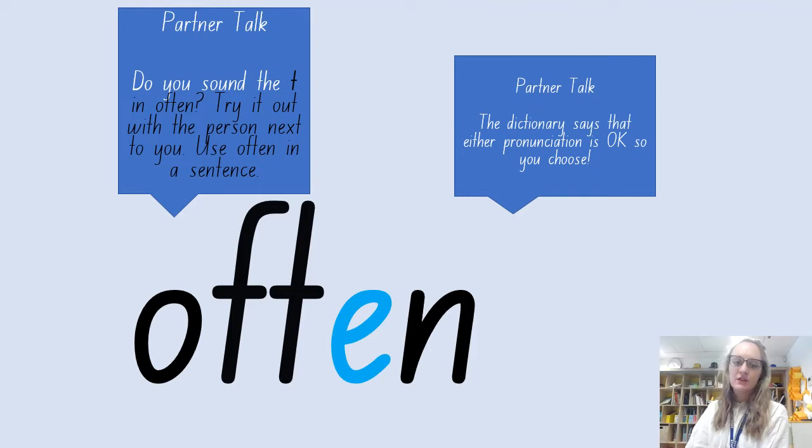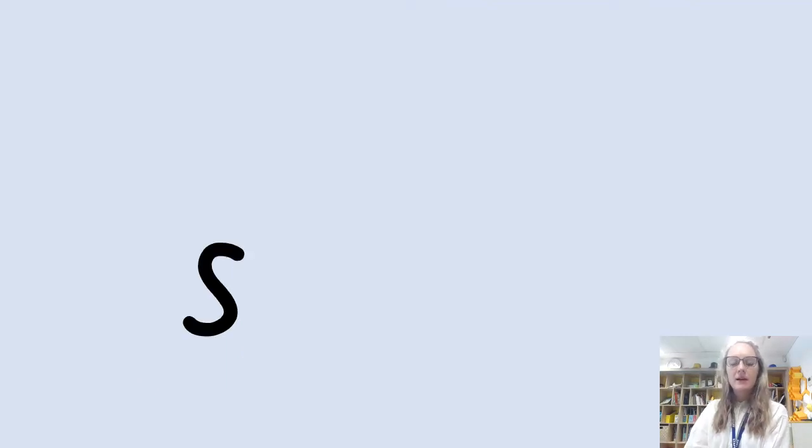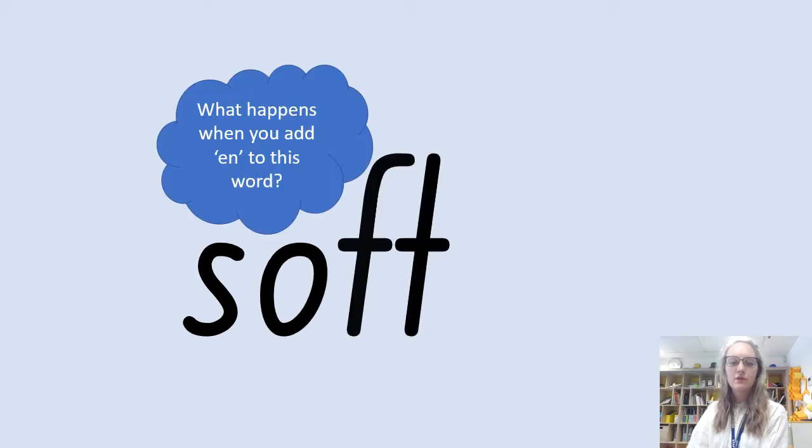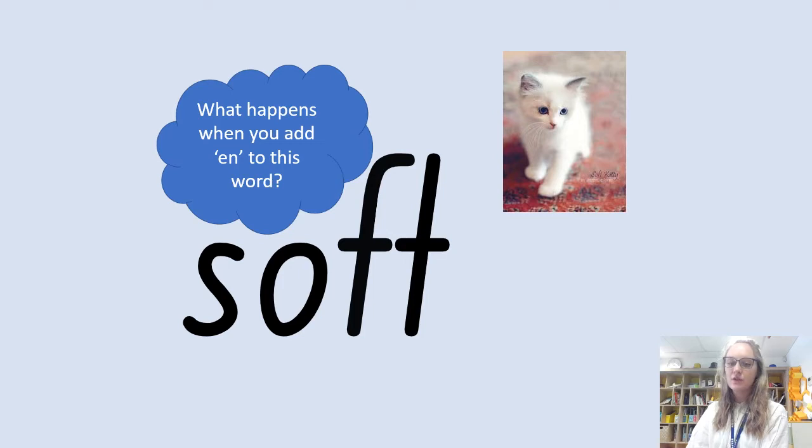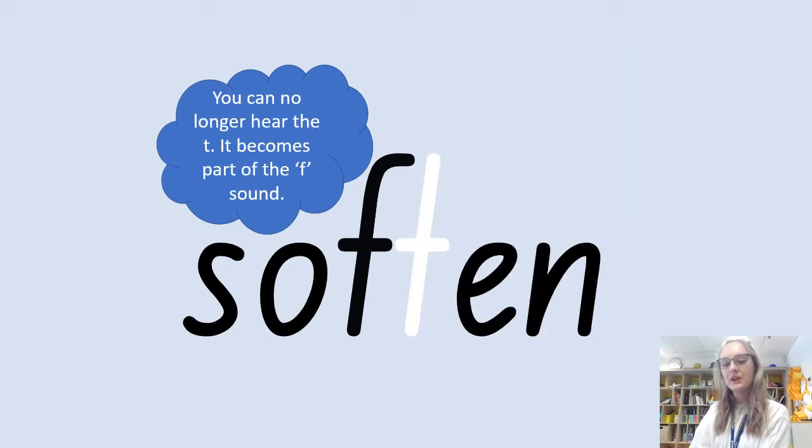So we're just going to keep going. But another word is this one. So let's blend it together. Soft, soft, soft. So that's the word soft. But look what happens when you add the in. It becomes soften. So it's soft turned into soften. So